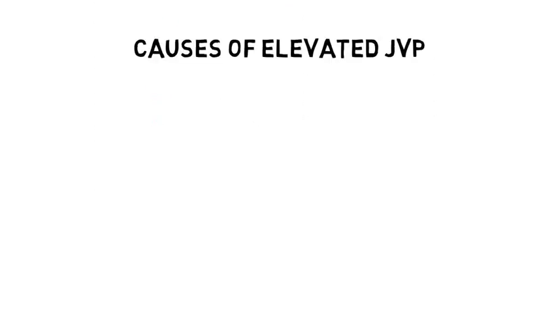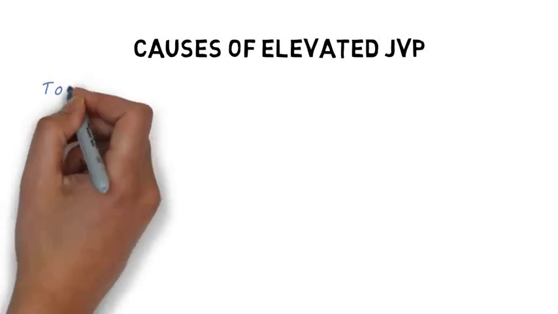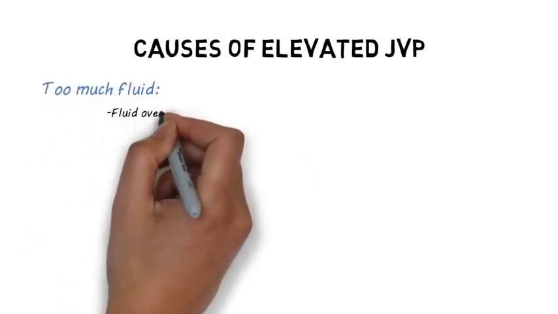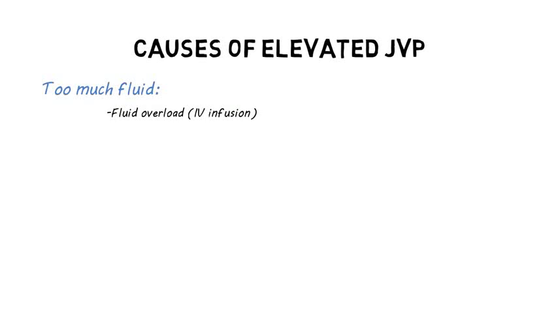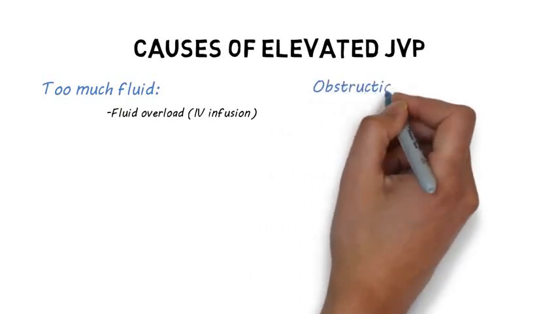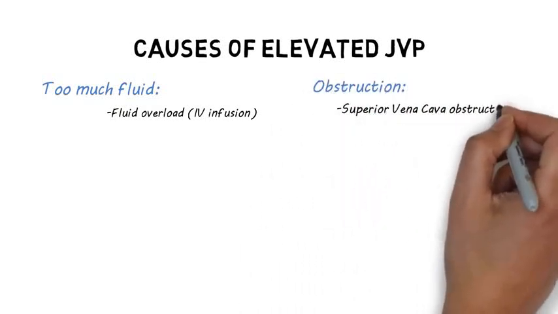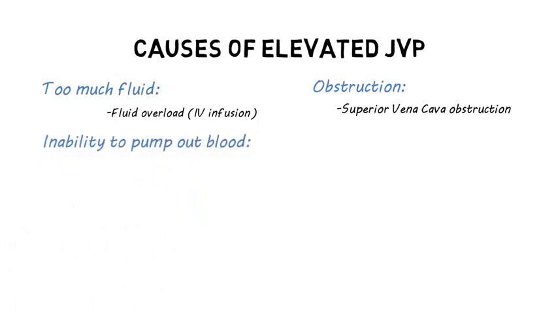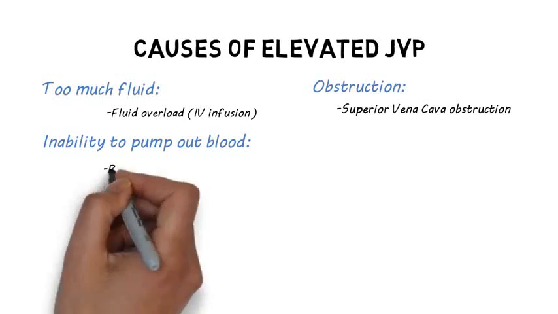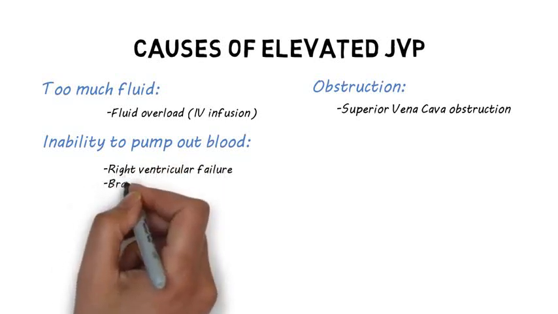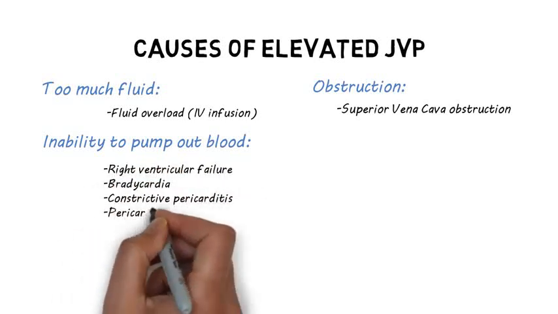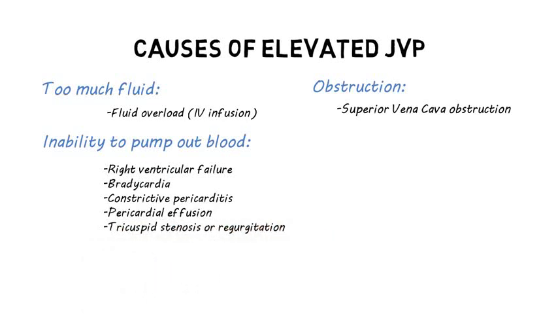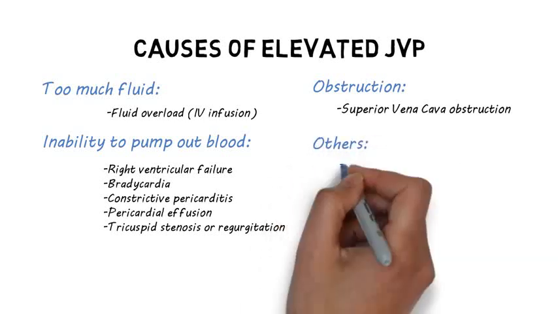Causes of elevated JVP include conditions that cause too much fluid, such as fluid overload from IV infusion, obstruction of blood before reaching the heart, such as SVC obstruction, conditions in which the heart is unable to push the blood out effectively, such as right ventricular failure, bradycardia, constrictive pericarditis, pericardial effusion, tricuspid stenosis or regurgitation, and other causes, including